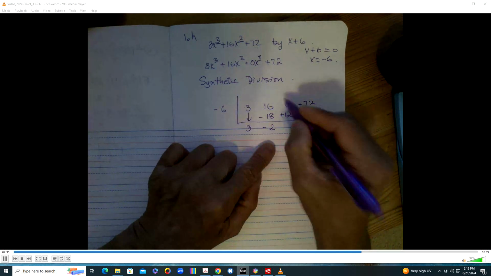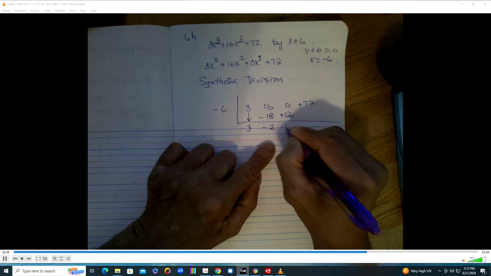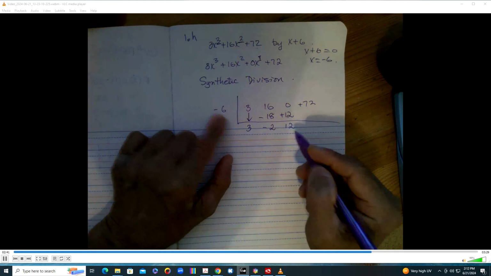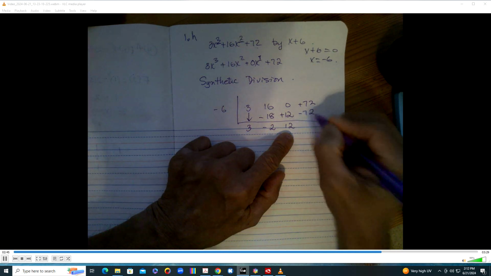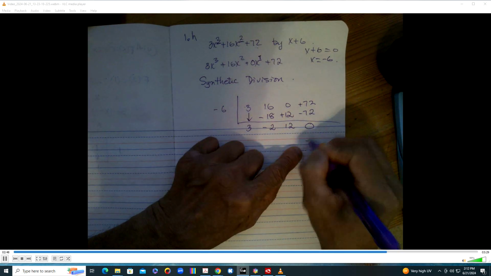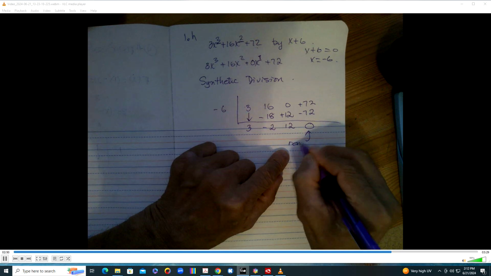Right? Then we add them up, we got 12. And then negative 6 times 12 is going to be negative 72. And the remainder, which is this guy right here, the remainder